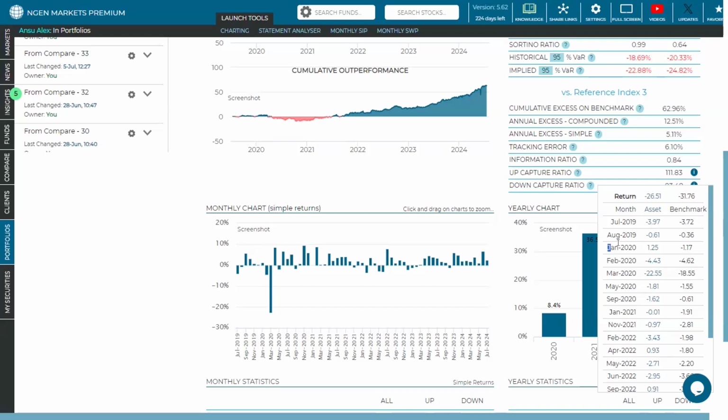For example, right here in the month of Jan 2020, the benchmark generated a negative 1.17% return, while the portfolio generated a positive 1.25%. Why did we capture it for the portfolio? Because we give priority to, or rather consider only, the benchmark return. Corresponding to that, what was the return of my portfolio? We just consider that. Now here as well, we take a CAGR of this data set,